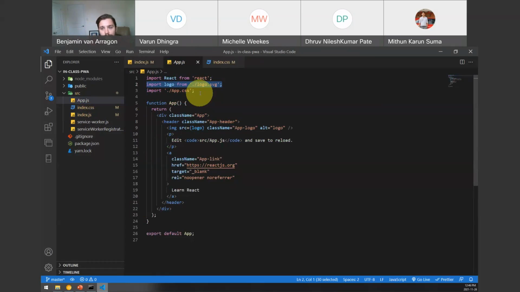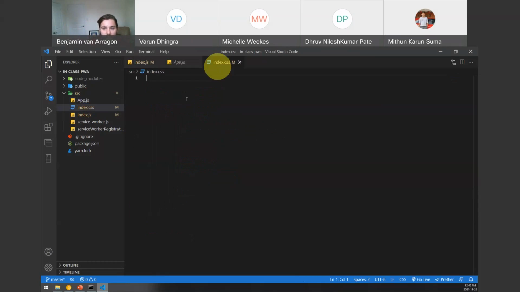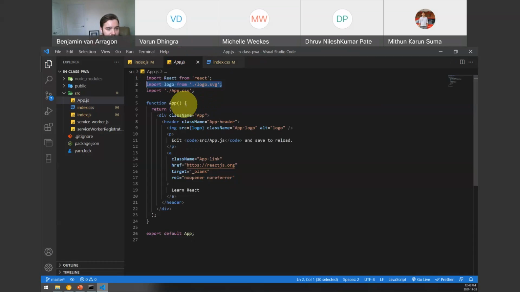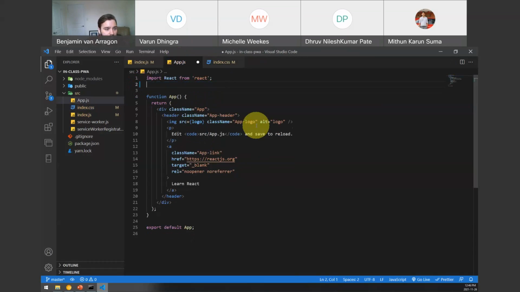Can you show the index.css again? Sorry, I missed it. It's just empty. Okay, index.css is empty. All right, thank you. So in app.js, we're going to delete these two lines of code, lines 2 and 3. Okay. And then we're also going to delete any stuff in here except for